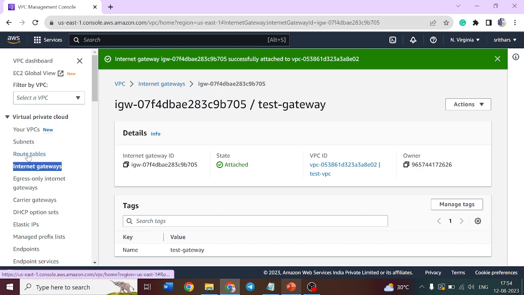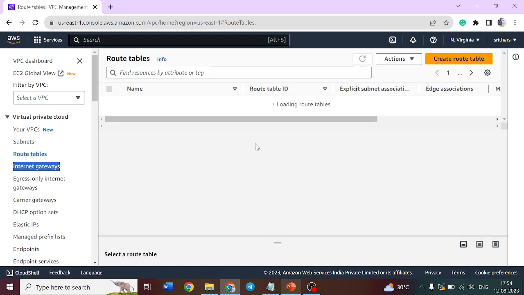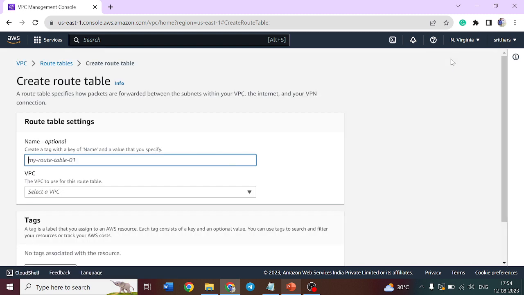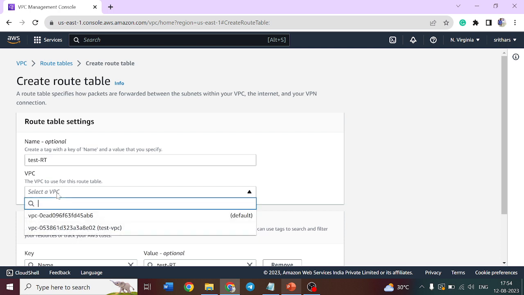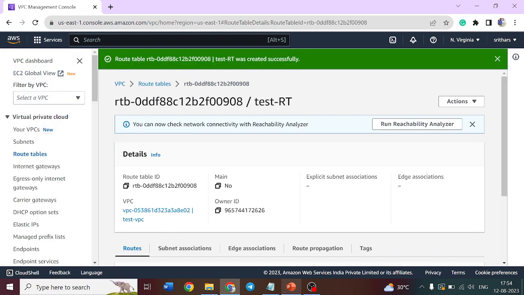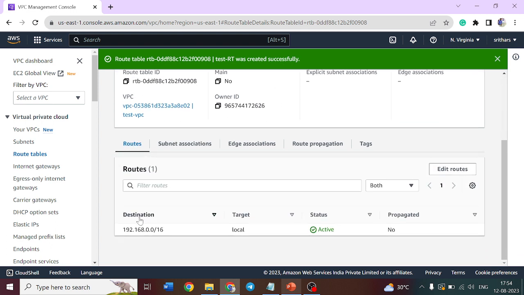The next step is our routing table. Click on Route Tables. The routing table that already exists is our default routing table. Now we have to create our own routing table. So click on create route table, and name it test RT, for routing table. Choose the VPC, that is our test VPC. Create the routing table. Once you have created it, in the routes you can find only one entry